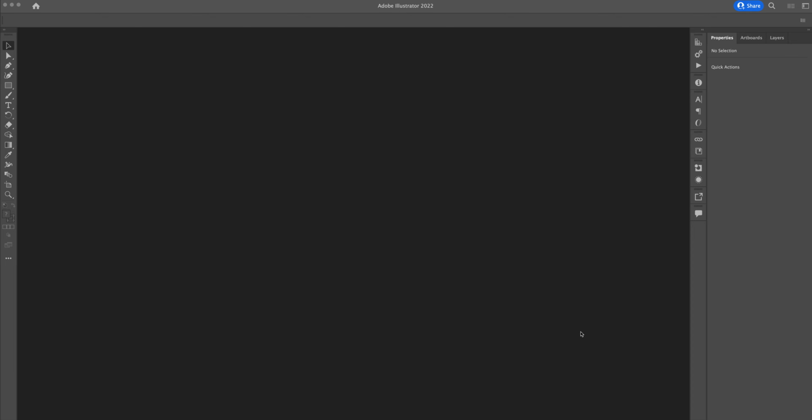Hey seniors, let's talk real quick about how to create a file with crop marks and bleed in Illustrator. So when you want to do a new